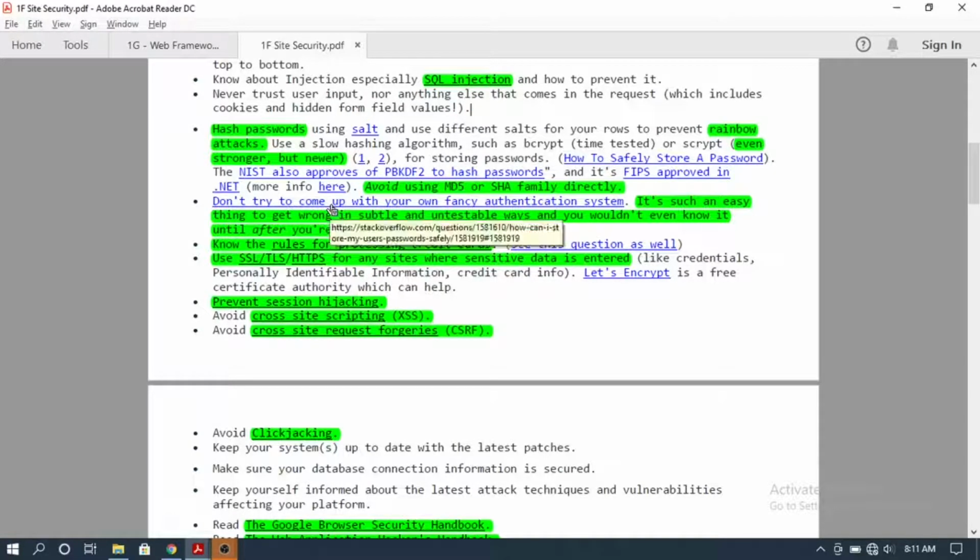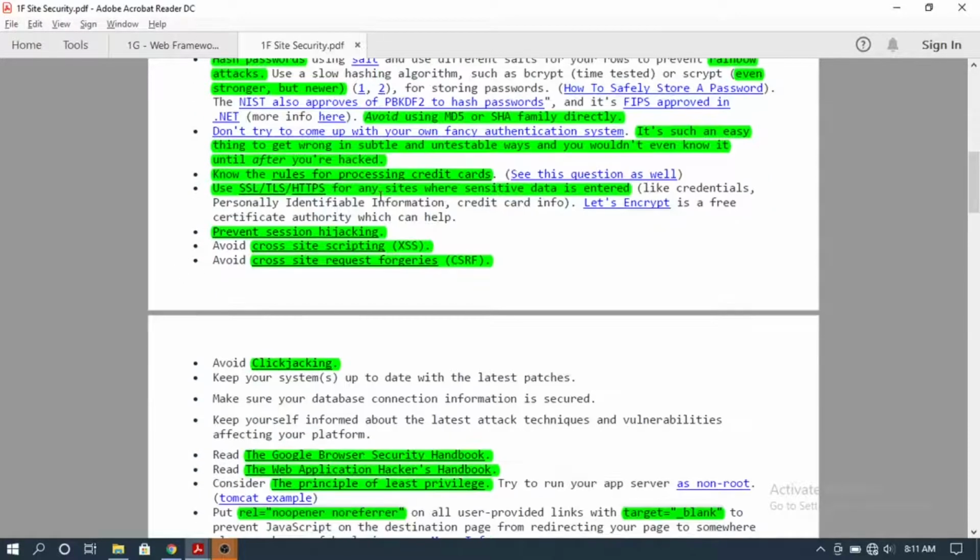Do not try to come up with your own fancy authentication system. It's easy to get wrong, in many ways. So don't invent an authentication mechanism; use one that has already been tried and tested and is working fine. There are rules to process credit card information and payment details, so please follow the proper guidelines when you have a site in which credit card or payment transactions are happening. Use Secure Sockets Layer and Transport Layer Security for any site with sensitive data,